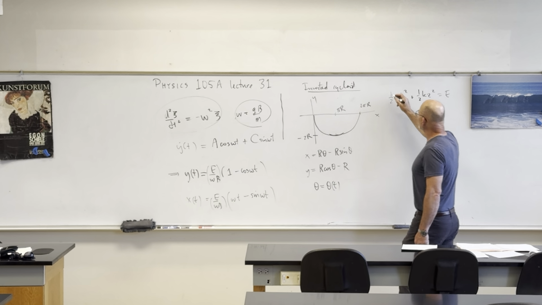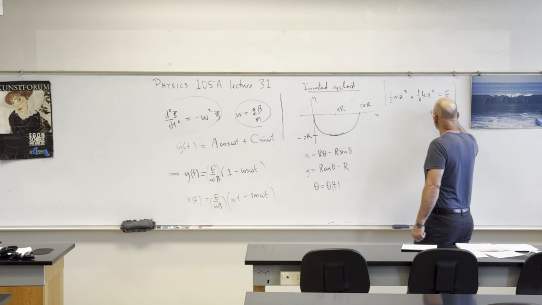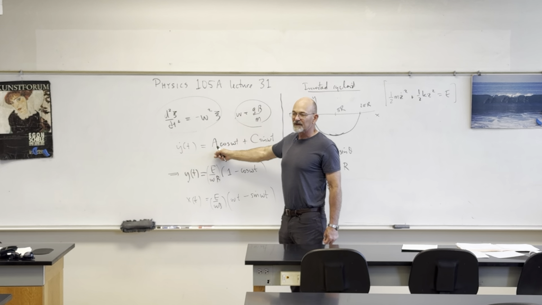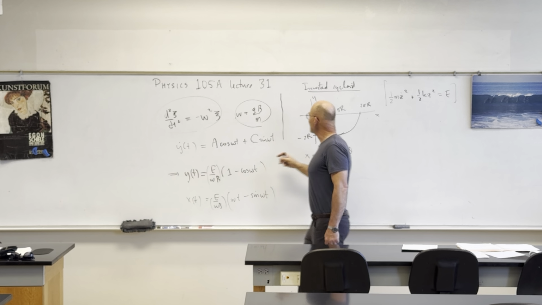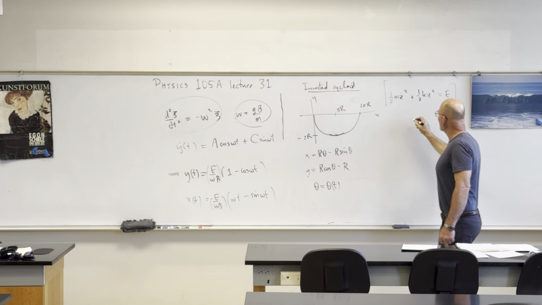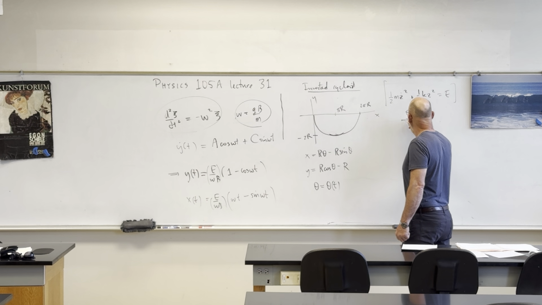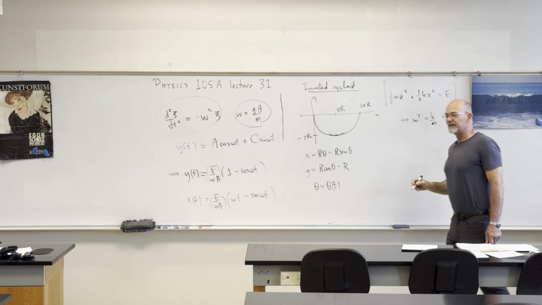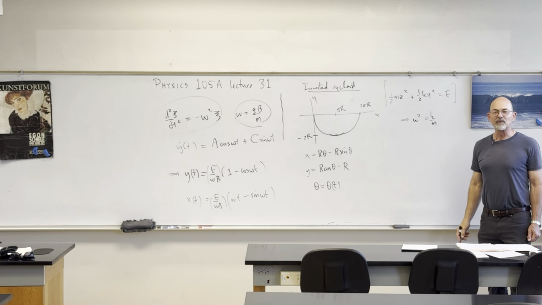So we want this form, because again, just like with this, we could immediately cut to the chase and write cosine plus sine omega t. When we have something of this form, then we can immediately say omega squared is equal to k over m, right? Because we've solved that numerous times,